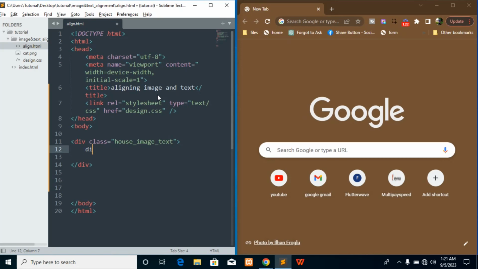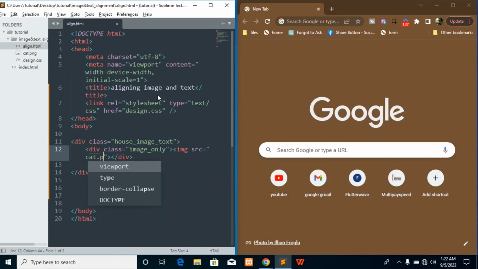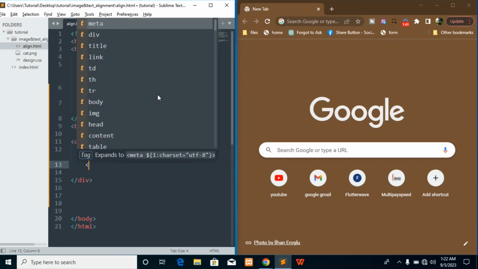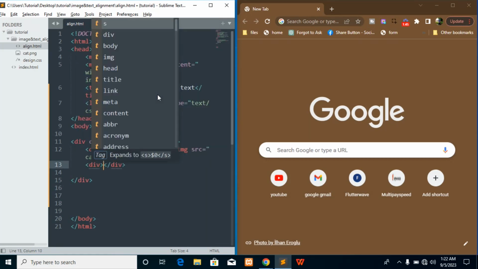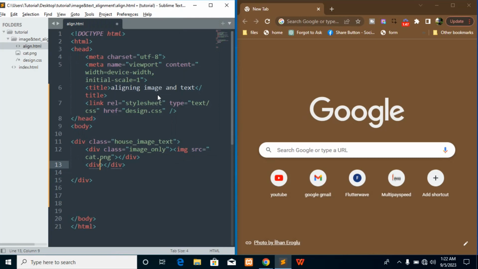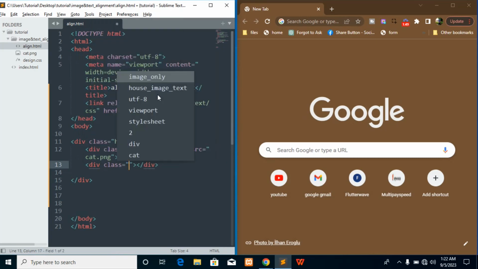And after doing that, I also want to open another div tag only for the image. And the name of my image is cat.png. So I want to write it here, cat.png. And immediately after that image only, I want to have another div, which is text only.